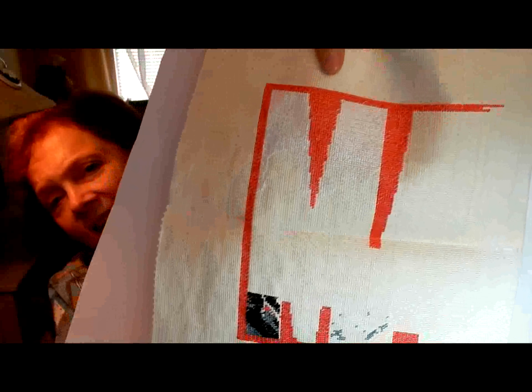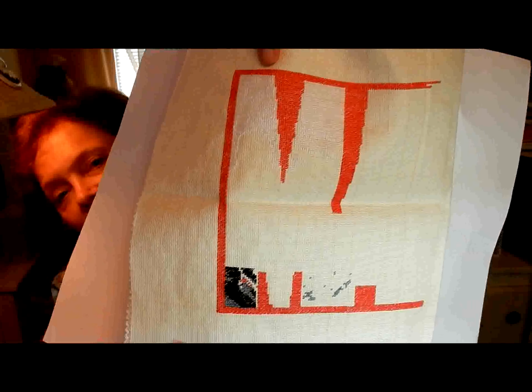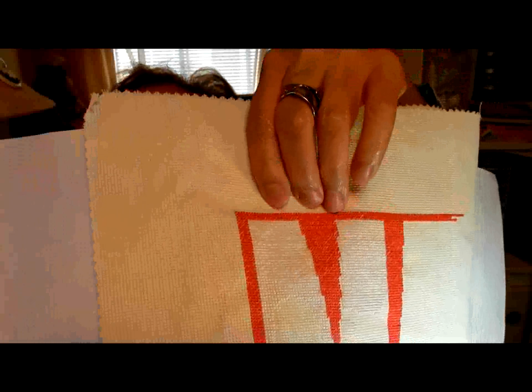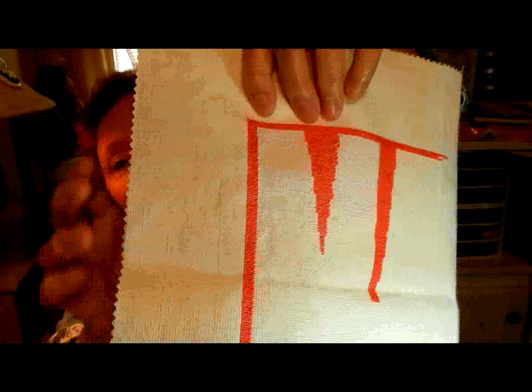And it's a fairly good size one, but I'm only going to show you the part that I'm stitching on, or that I have stitched on. I started in the upper left corner, and I started with the border. You can see how long it is, because that's the height, and this is the M and the A, and you can see I got a little bit of the color in down here, and I don't know how well this is going to come across, but I've got quite a serious chunk of white done,